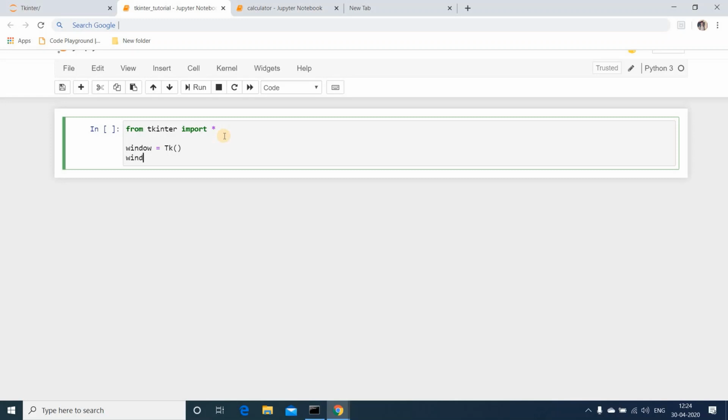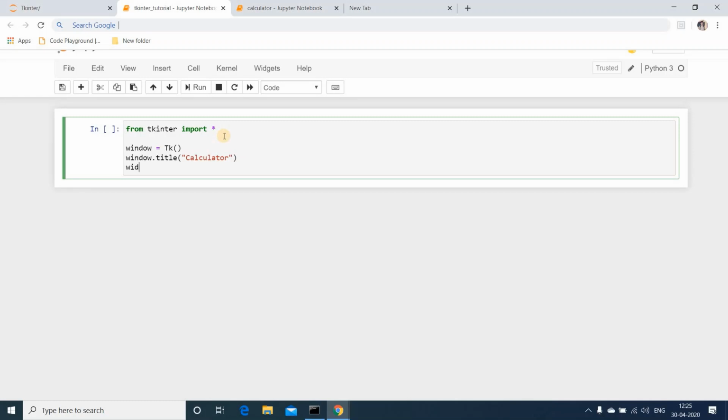I'll title this window, window.title, calculator. Okay, now I'll specify the geometry of this window, window.geometry.